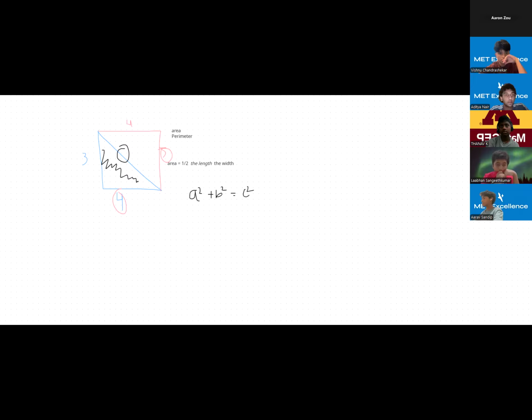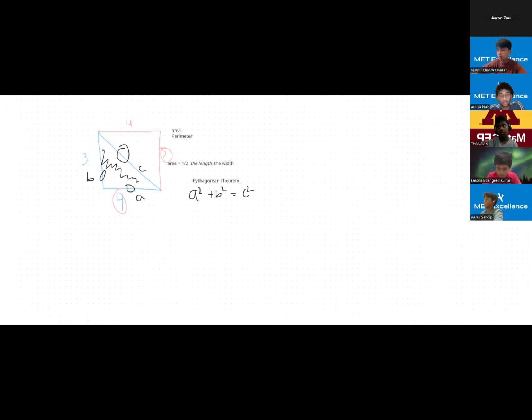It's called the Pythagorean theorem. I'll write it up there. And this tells us how to find the length of the hypotenuse, because we're not given this length. A lot of the time you won't be given this length if you're given these two, or sometimes you'll be given one of the lengths and the hypotenuse's length. So basically, a squared plus b squared equals c squared means a and b are these two sides of a triangle, so let's call this a and this b, and the hypotenuse is called c. This theorem tells us that a squared plus b squared is equal to c squared.